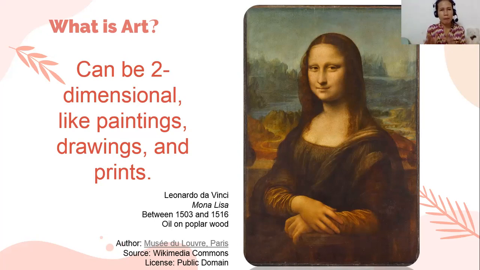Ibig sabihin parang napakaluwag ng security sa Louvre Museum in France. Kasi nawala itong painting na to, and then it took 2 years bago siya na-recover or bago siya naibalik. Kasi after 2 years, may tumawag or may nag-report at sinuplong niya yung sarili niya, inamin na niya na siya ang nagnakaw ng painting ni Mona Lisa. And actually, that person ay isang carpentero or carpenter on that specific museum.